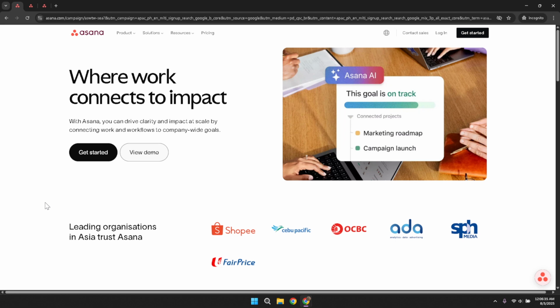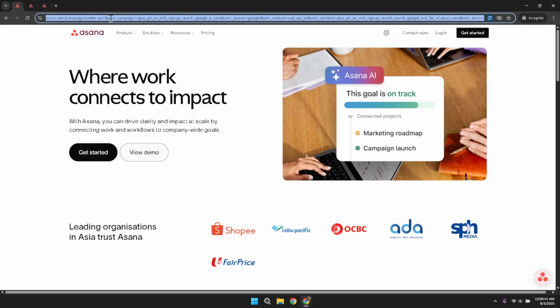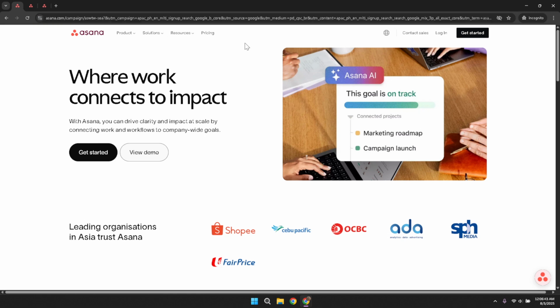So let's get started. First off, you'll need to head over to the Asana website. Open up your web browser and type in the URL, or just search for Asana using your favorite search engine. Once on their homepage, direct your attention to the top right corner of the screen and click on the Login